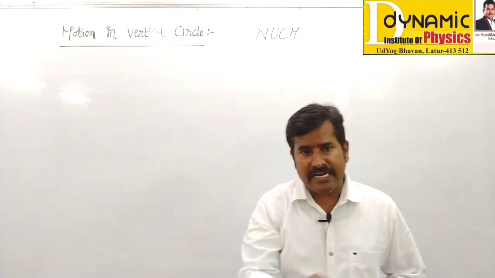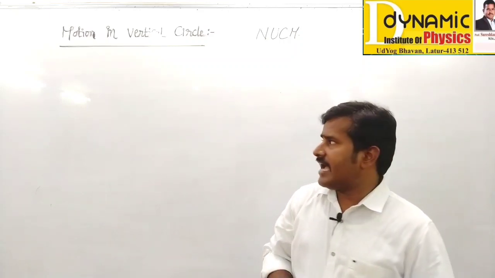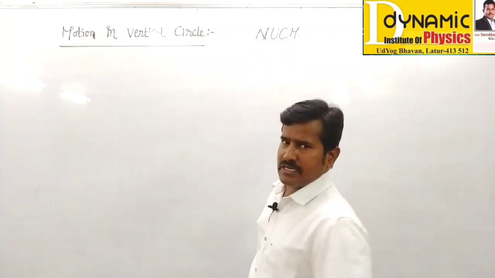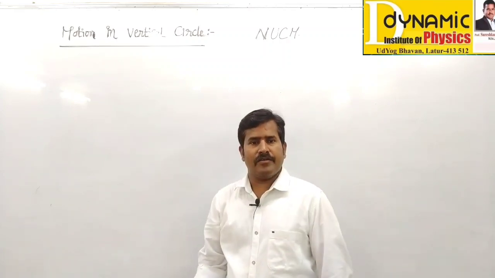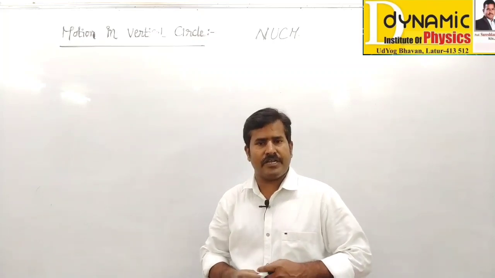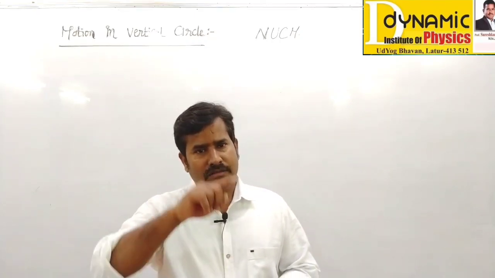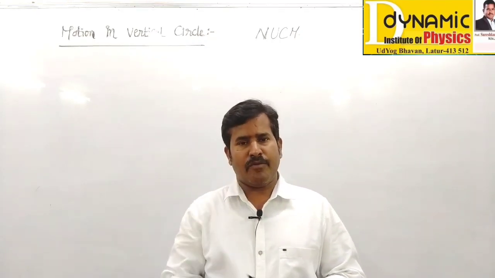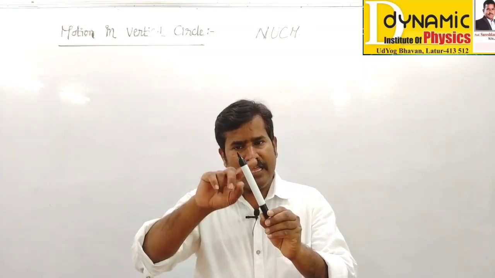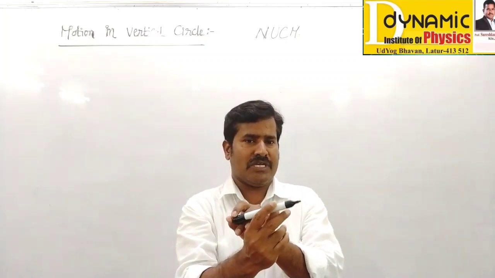Gravity is acting on the revolving body, so it is a non-uniform circular motion. Speed is variable, velocity is variable in the revolutionary motion. Suppose a wall clock: the needle is in rotatory motion, and the tip of the needle moves in a circle, which is an example of uniform circular motion.